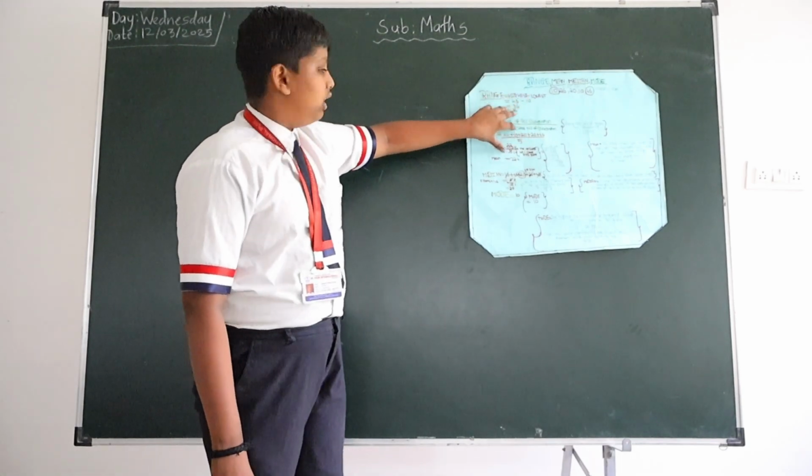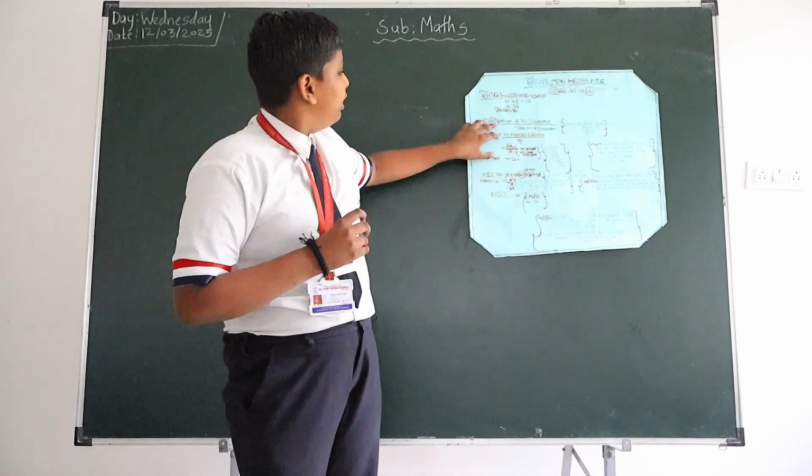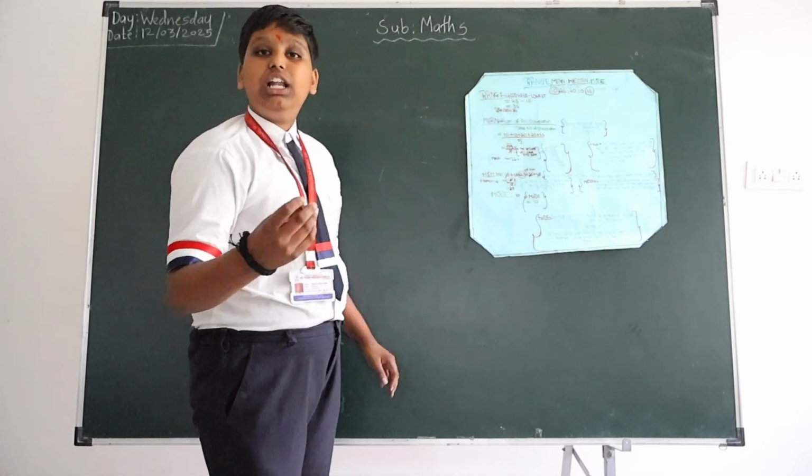Then 46 minus 10, we get 36. The answer is 36, which means our range is 36. So next I am going to explain you